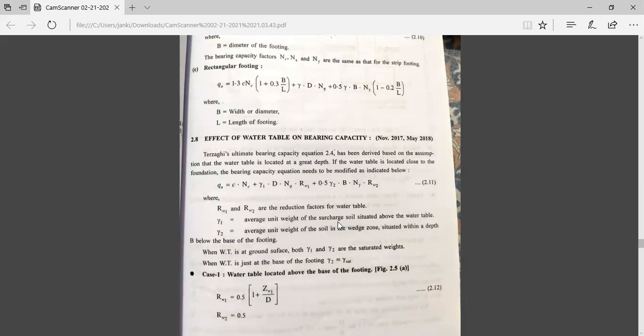Here also two extra terms are added, which are gamma1 and gamma2. So gamma1 is the average unit weight of surcharged soil situated above the water table, and gamma2 is the average unit weight of the soil in the wedge zone, which is situated within a depth B below the base of the footing, right? So when the water table is at the ground surface, both gamma1 and gamma2 are saturated weights. And when the water table is just at the base of the footing, then gamma2 is equal to gamma saturation,